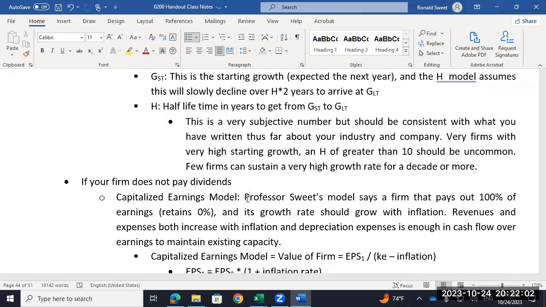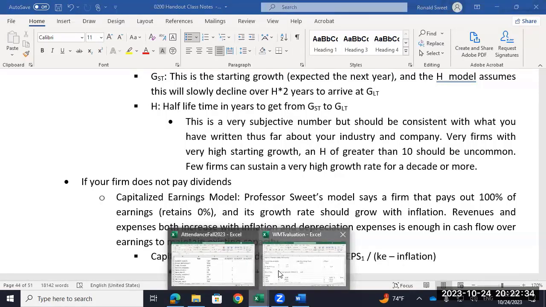I'm going to say it's not going to restrict your growth to 0, even though the sustainable growth model says that. If your payout ratio is 100%, your retention 0, then your growth should be 0. I'm going to say they should be able to keep up with inflation. They can raise their prices with inflation, their costs go up with inflation, their earnings will go up with inflation. They have some depreciation, lets them do some minimal refurbishing as they need with buildings and things, but they should be able to have some decent